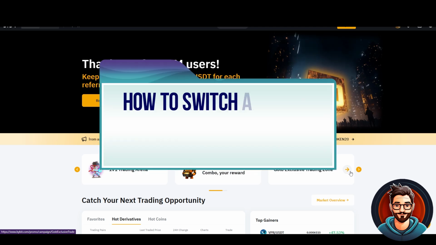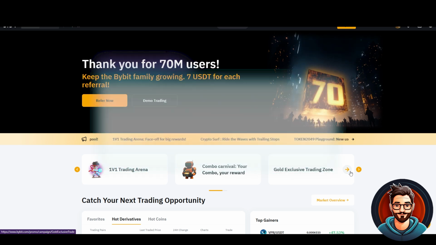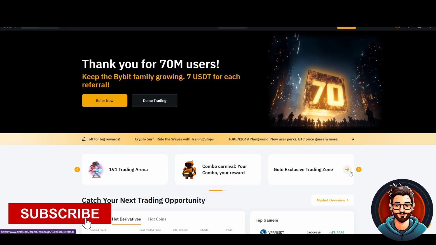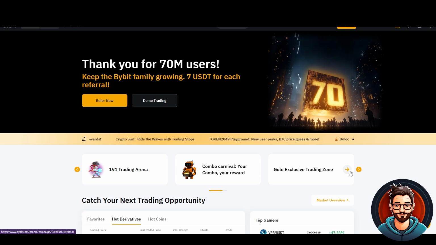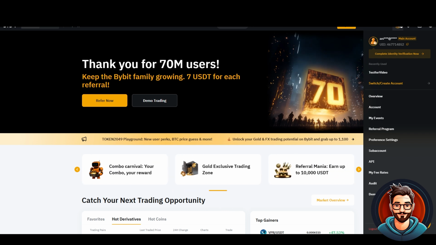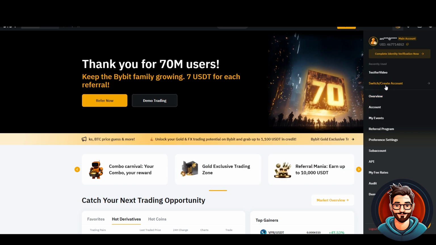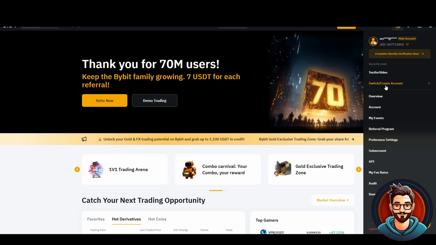Today I'll show you how to switch account on ByBit in the web version. Let's get started. ByBit now offers users the convenience of switching between the various accounts effortlessly using the account switch function. To navigate between your accounts, simply hover your cursor over your profile icon and click on the account you would like to go to, or click on switch or create account to access the sub-account functions, account switch, sub-account management and sub-account creation from the